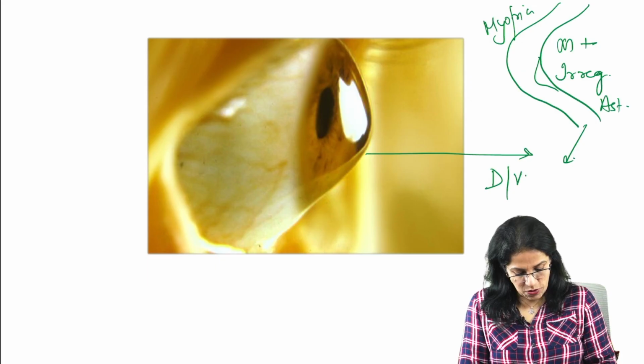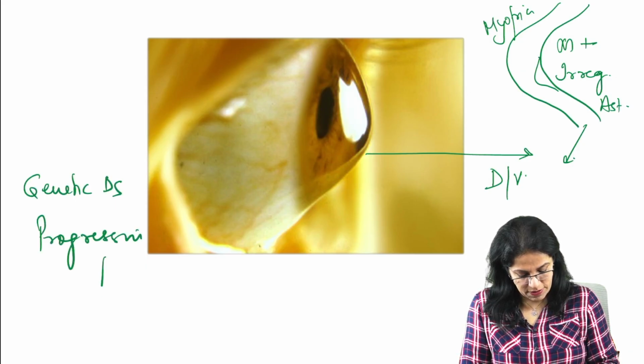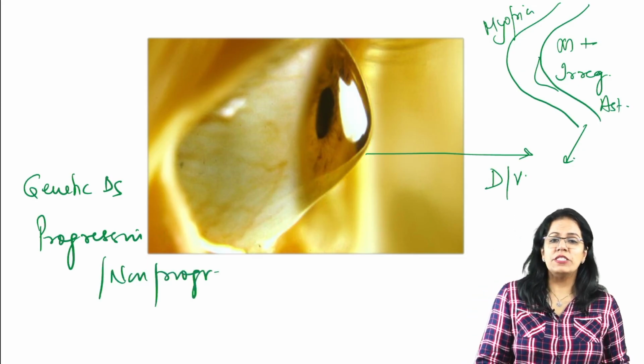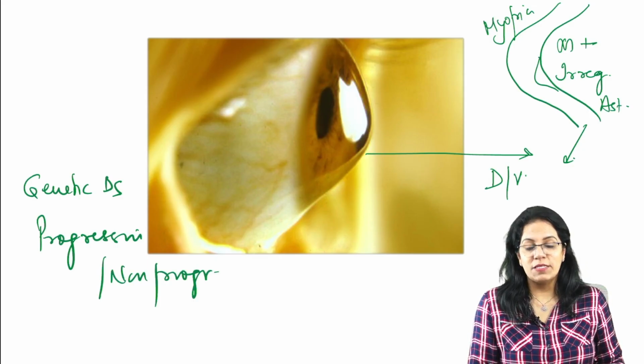Okay. Of course, we know this is mainly a genetic disease and it can be progressive. Sometimes it is non-progressive or sometimes it can be progressive. Okay. So the patient is complaining to you of diminution of vision, and when you examine this patient, what are the